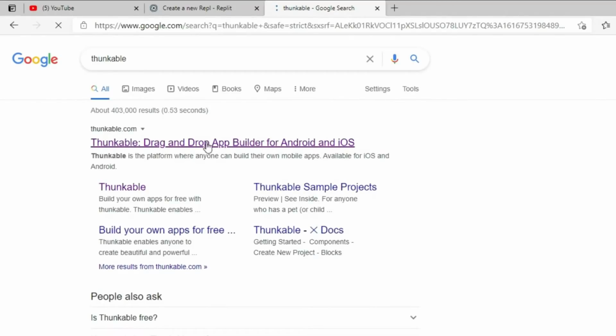So you can see Thunkable, drag and drop application builder for Android and also iOS users. So once you click on Thunkable, this application will open, and after that you will write your Gmail account and password, or any email account and password you can write there, but I prefer Gmail account. And nowadays everyone has a Gmail account, or if you don't have one, you can create it within a minute. Just go to Google, write there Gmail new, it will give you a new Gmail account, and you can create it.